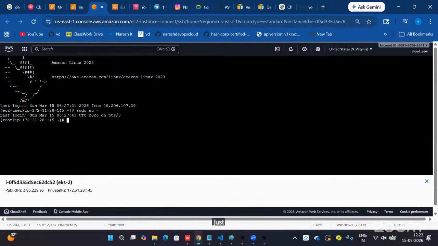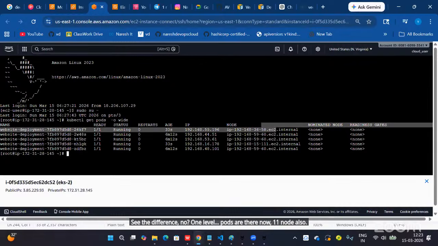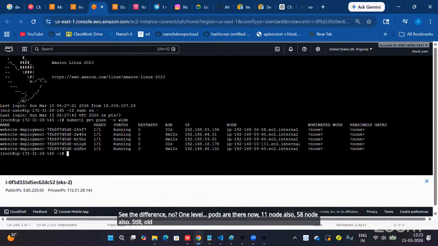Just wait. kubectl get pods -o wide. See the difference now. Pods are there on the 111 node and the 58 node, and still on the old node 60. After some time, the 60 node will be deleted.